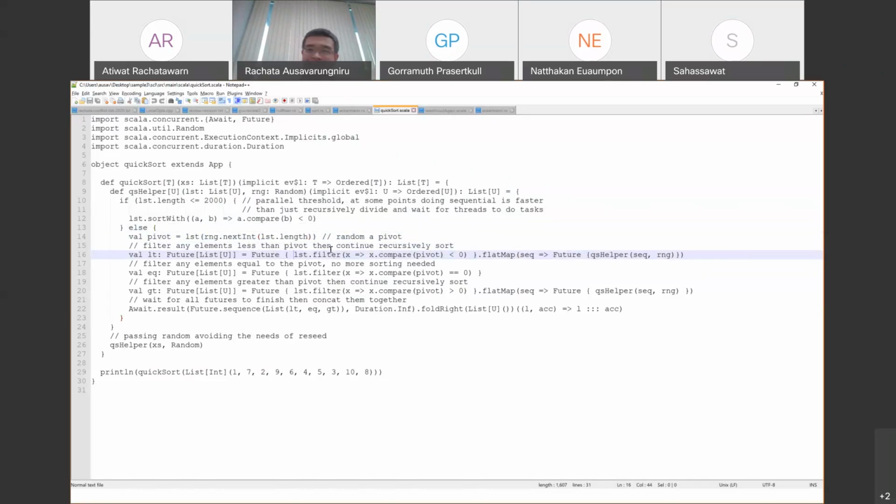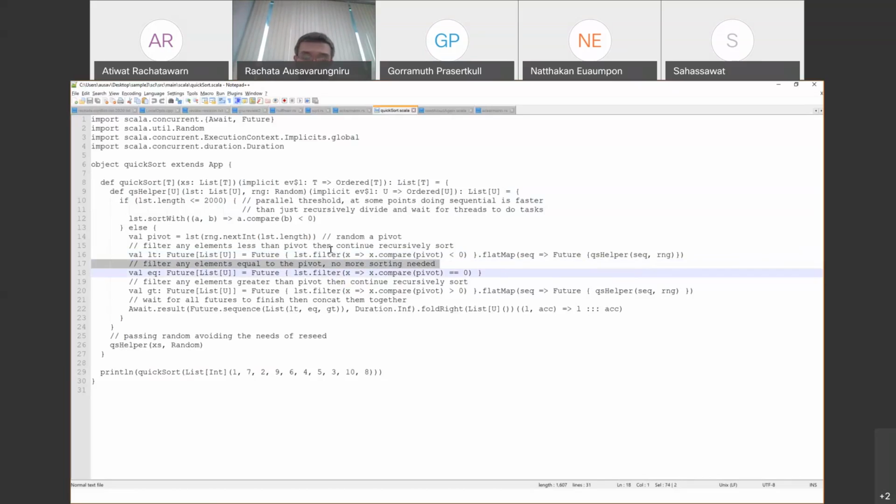You use list.filter, filtering any components in the list that are less than the pivot. X is an input, so this is a function. If you compare X and pivot and it happens to be less than 0, you use flatMap